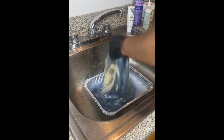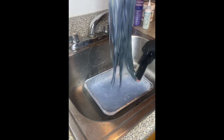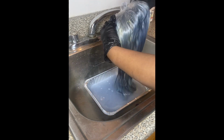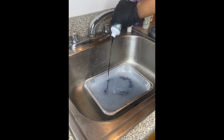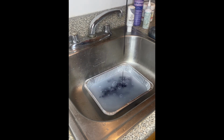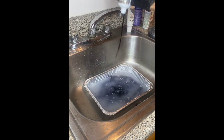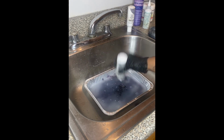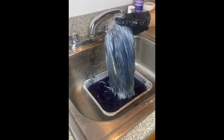So I'm just wringing it up and down just to get that hair to collect and deposit that color into this wig. It came out a little bit darker and it was lighter in some areas, so I did go in with some more hair dye, mixing it into the water, and I'm going to be mixing that in with my whisk thoroughly, mixing it into that water. I poured the rest of that bottle into the pan,